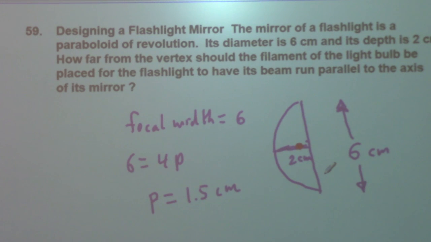It's asking how far the filament should be from the vertex. It should be 0.5 to the right. What it gives us is 1.125 centimeters from the base. And then you found what P was. That's what this gives us here. But what you have to do is take this,